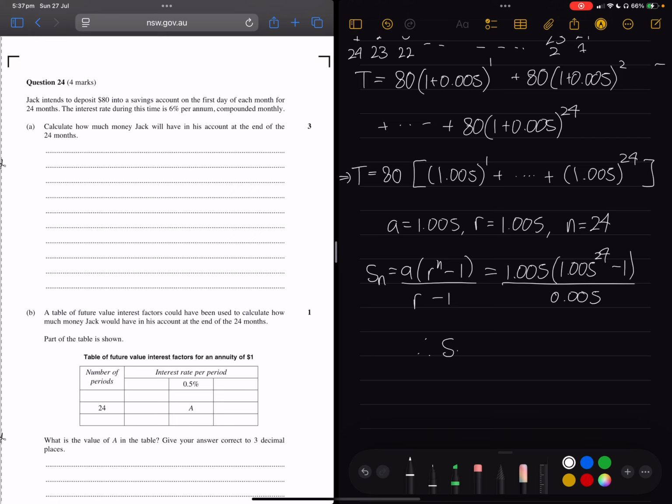So this means Sn, the sum of those 24 terms, is, I'll put this in my calculator. Make sure you input this correctly into the calculator because the output is quite long, longer than the calculator screen. So you always want to check that this is right when you're doing your exams because you can very easily miss a 0 or miss a 1, something like that. Calculator tells me